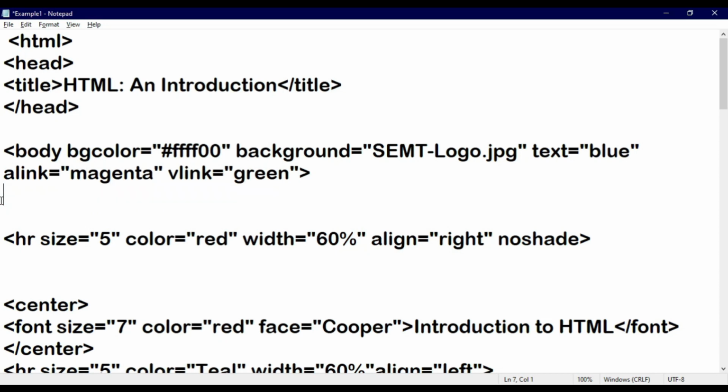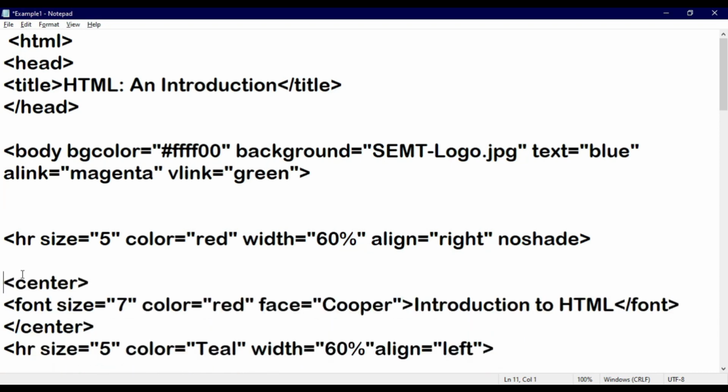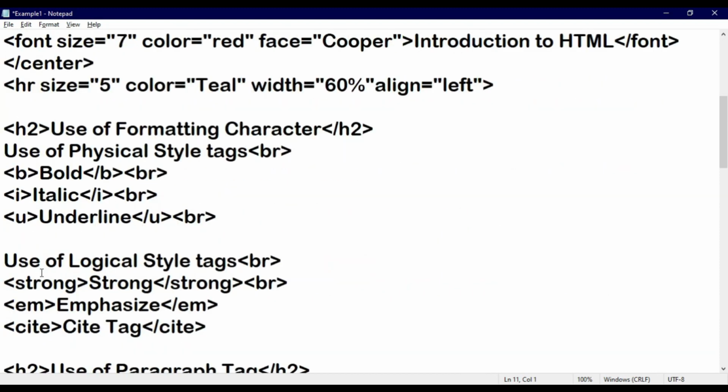So this is just a basic use of that particular tag. Further, we do not have to use more, but the main thing is to remember the use of font size, color and face. And always keep in mind that attributes are always written in the open tag only. We do not have to write them in the closing tag, right? So this is all about the font tag.